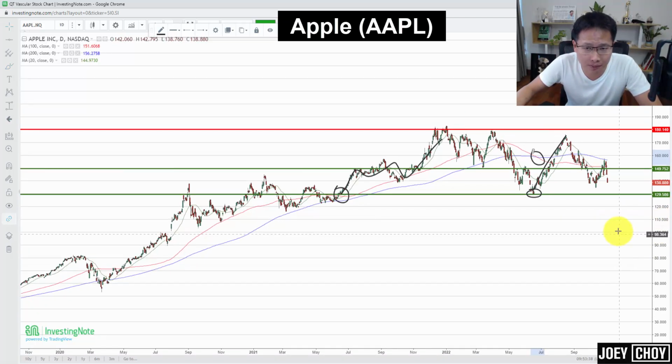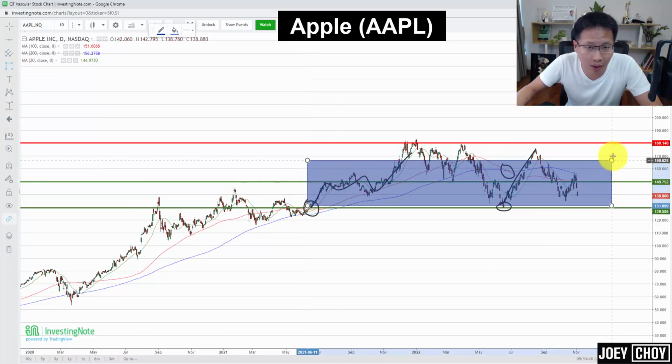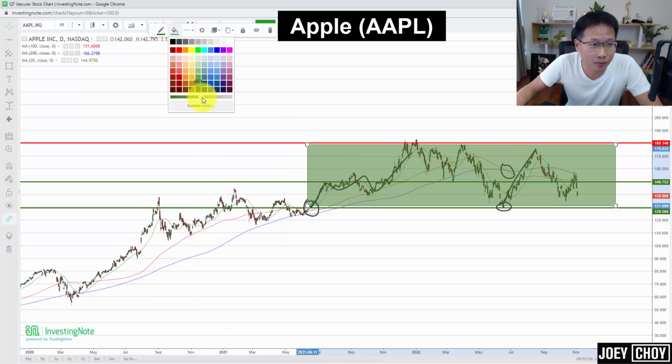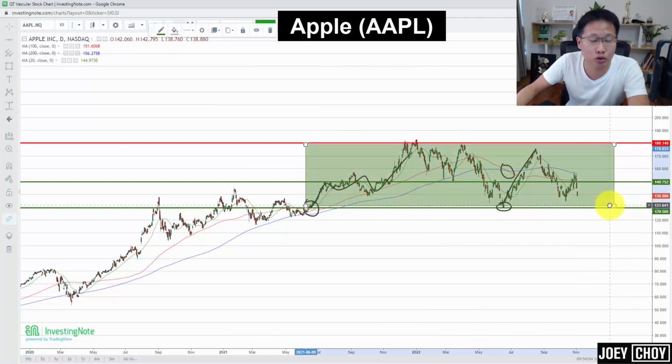range right now. So to keep it simple, I would say that the range for Apple in terms of the mid to long term trend would be in this range right over here from 130. Quite clearly you can see over the past 1 year, the range should be anything from 130 all the way to about that 180 level. As we push up, came back down, push up again, came back down again, and we are nearing this